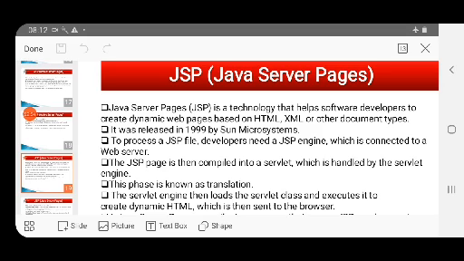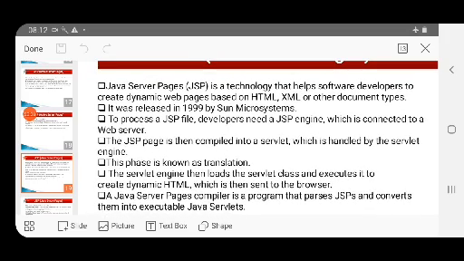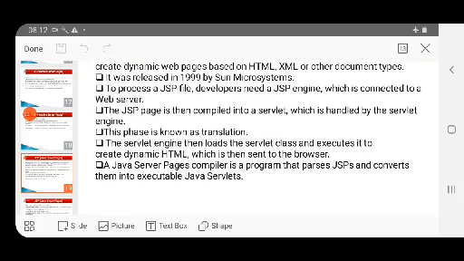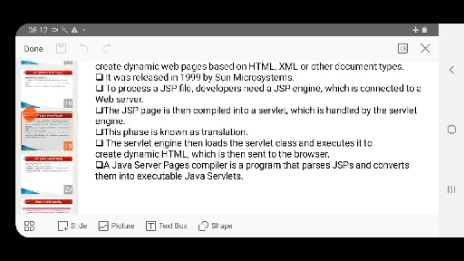This phase of handling is known as translation. The servlet engine loads the servlet class and executes it to create dynamic HTML, and finally that is sent to the web browser. Overall, a JSP compiler is a program that parses JSPs and converts them into executable Java servlets.